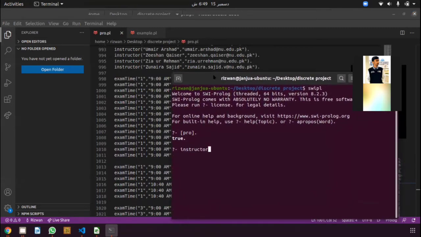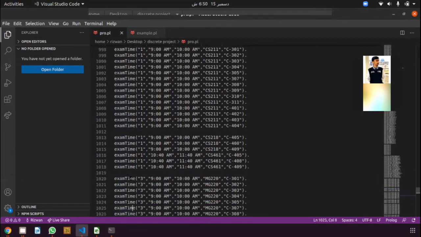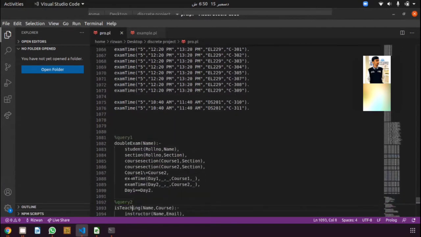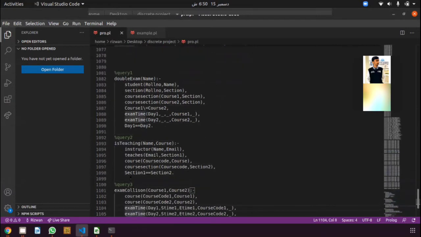यहाँ पे इंस्ट्रक्टर के चेक कर लेते हैं। Let's try for Zunaira Sadiq. It should return us the email of Ma'am Zunaira Shahid as it is equal to zunairashahid.v@nu.edu.pk. So these are the knowledge bases which we made by using Excel commands. So now for queries, now Ehsan will explain the odd number of queries. So over to you, Ehsan.